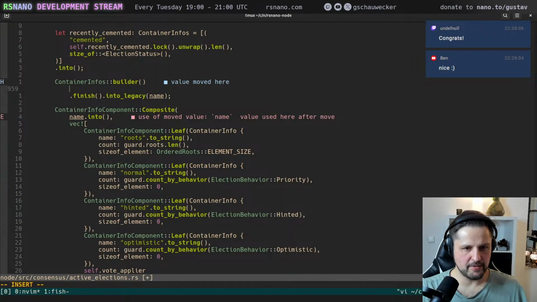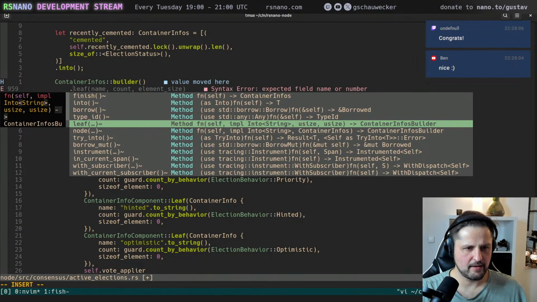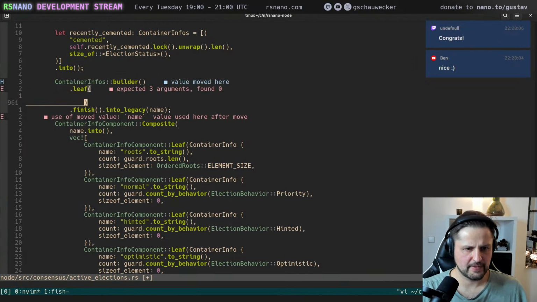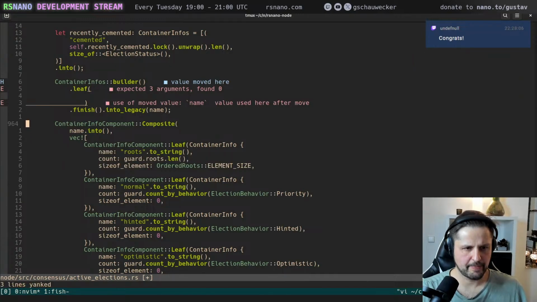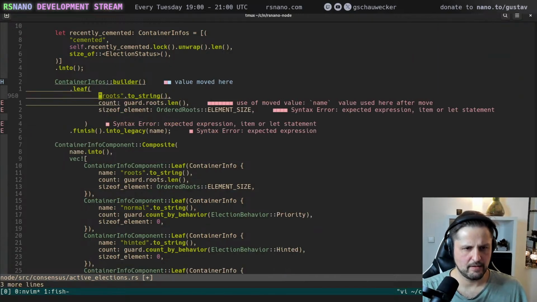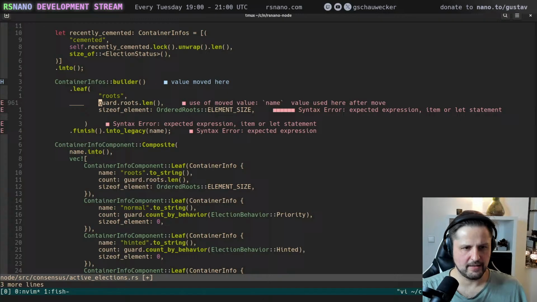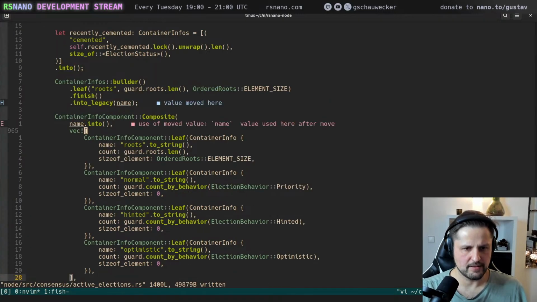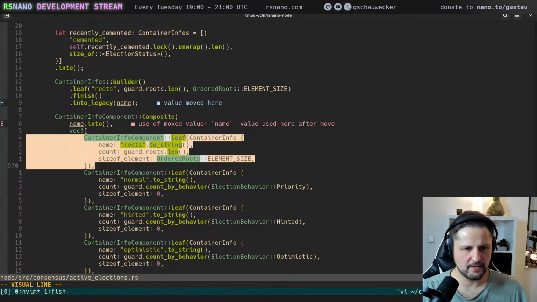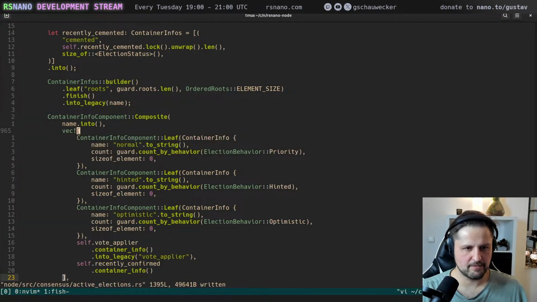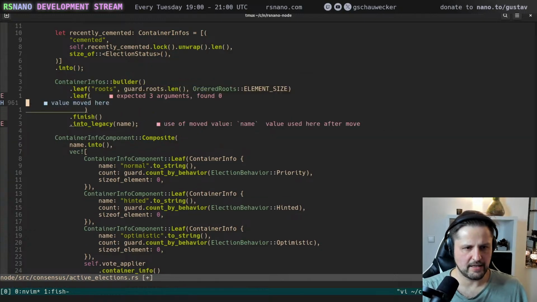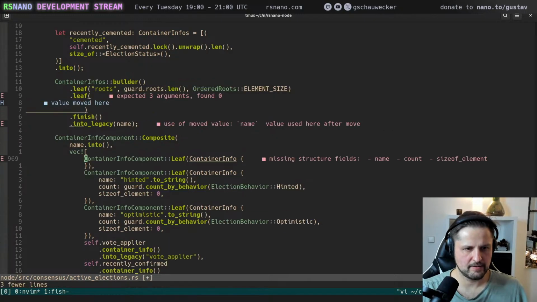So the first item is this down there, this here, like that. So this is the roots. We got that. The next one is this one.